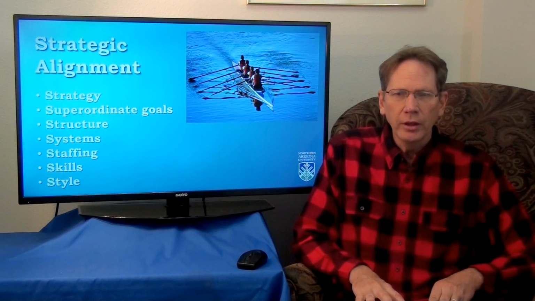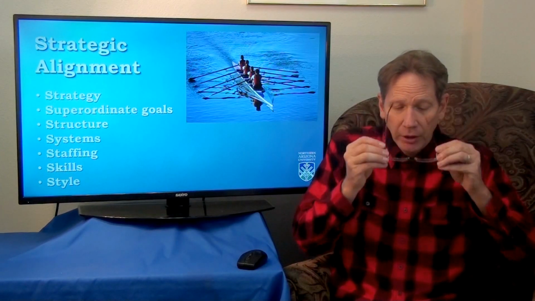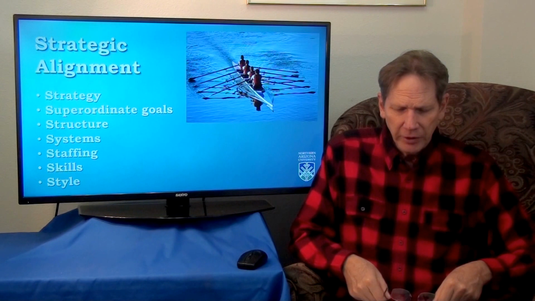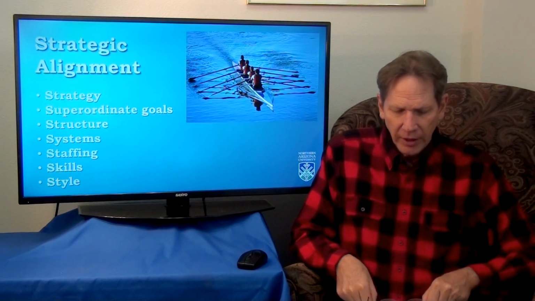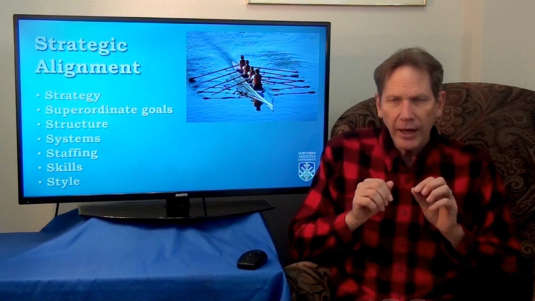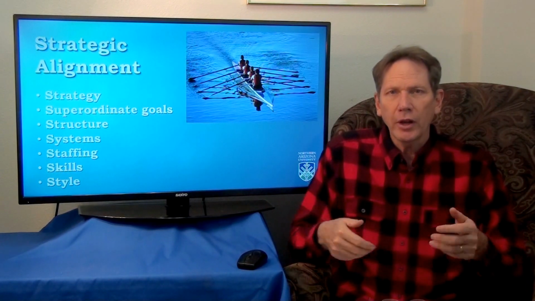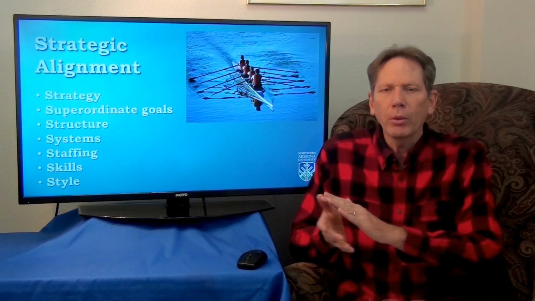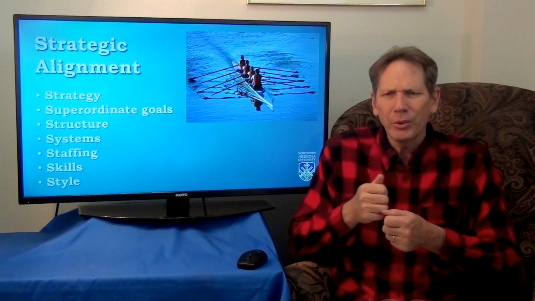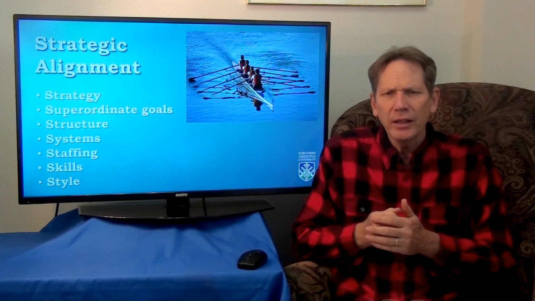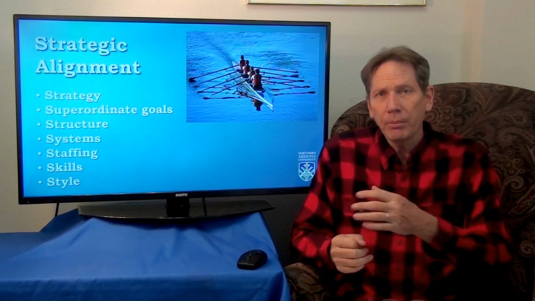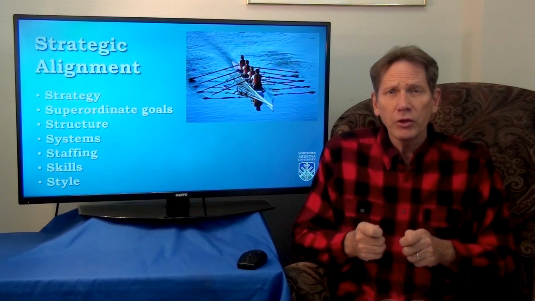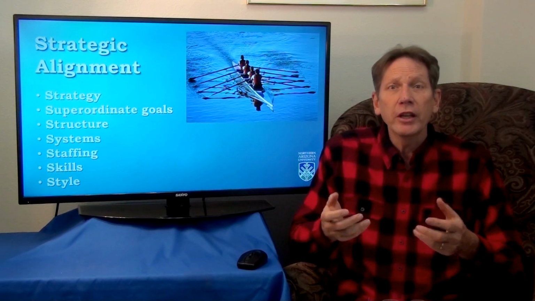The strategy. Your company has to have a strategy. This is the differentiation part that differentiates you from the competitors, and this strategy has to be understood company-wide. Out of this strategy comes what we call these superordinate goals. If you just want to put the word goals there, that's fine, but the idea is the entire company understands these goals. We're going to be the best customer service company that there is.